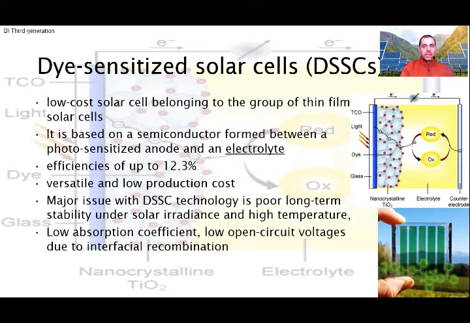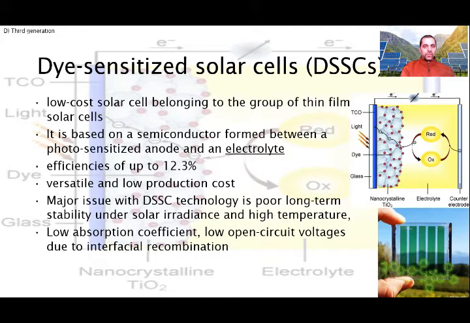DSSCs have attained efficiencies up to 12.3%. They benefit from their versatility and promising low costs of manufacturing, the use of small quantities of low-cost and readily available materials fabricated by proven processes, simple assembly and flexible modules, compatibility with printing techniques, deposition on various substrates, and integration with a wide range of surfaces.